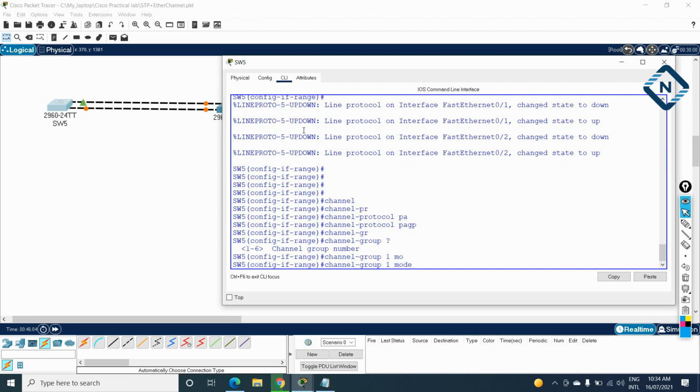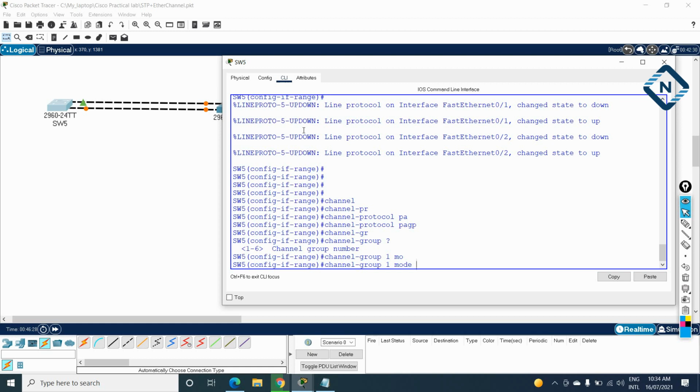If you remember, in PAgP we have auto and desirable. If you configure auto in switch 5, you need to configure desirable in switch 6. If you configure auto on both sides, in switch 5 and switch 6, it will not work. You need to remember this. In our CCNA series we already discussed this, so you just need to refer to that video on our YouTube channel.